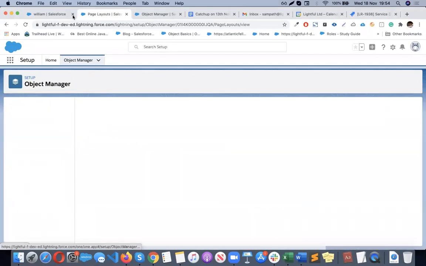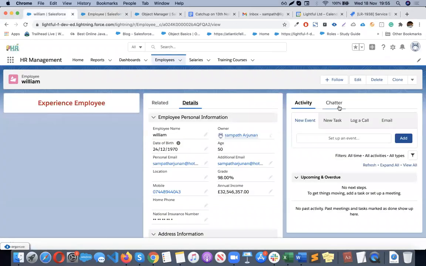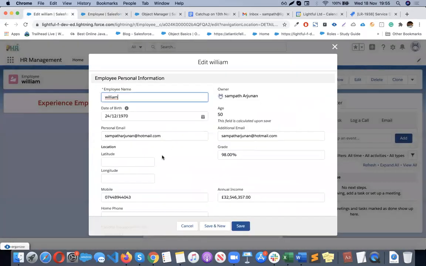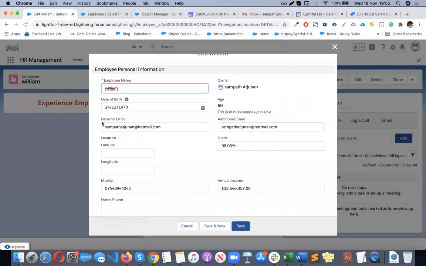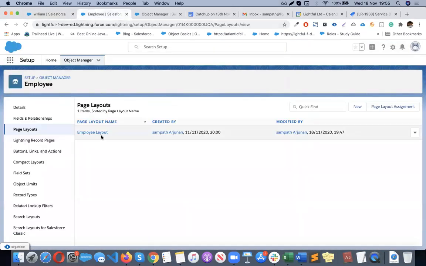Let's say I want to make personal email address mandatory by default. Globally, I don't want to make it. Only for this page layout, if I want to make it a required field, go to the layout level.